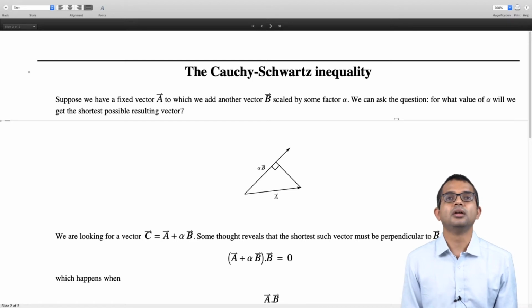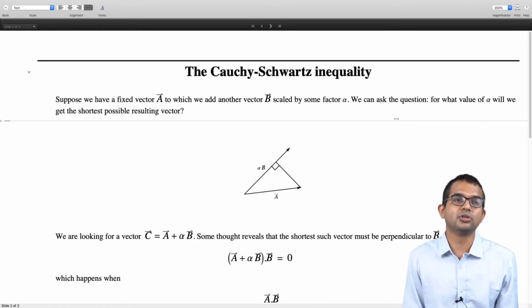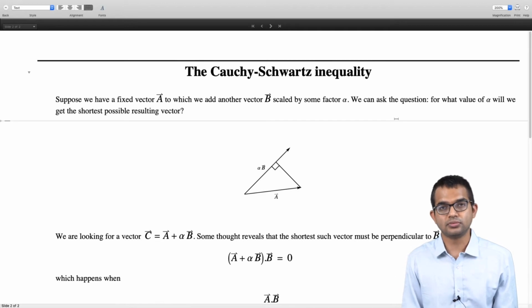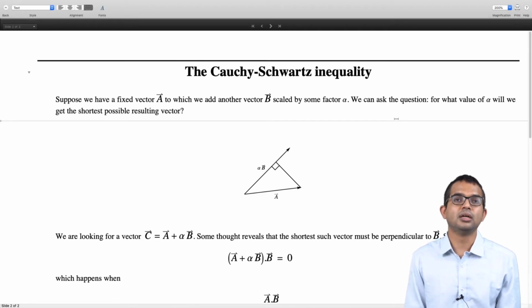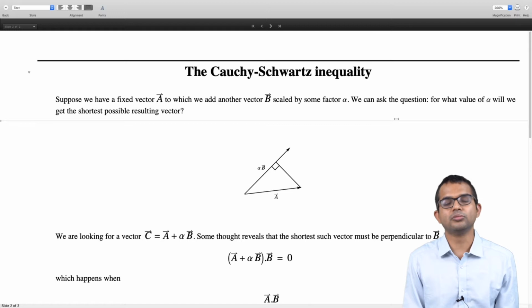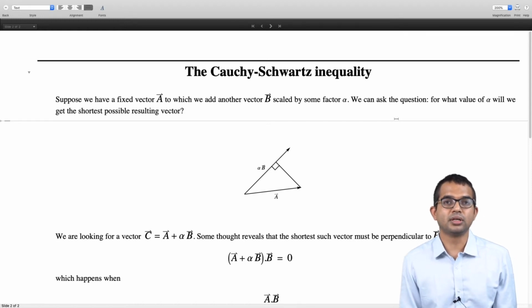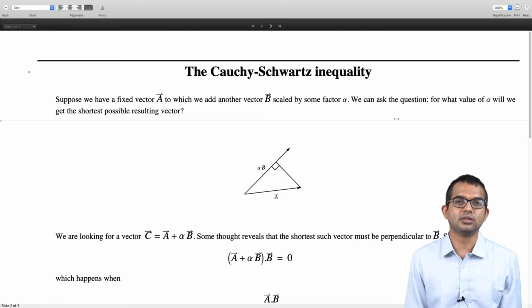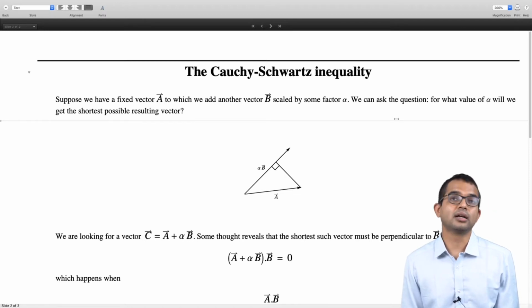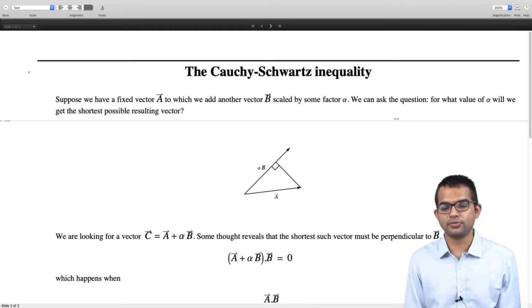So in general, we assume that they are not null vectors because those conditions will give you some extreme limits of the problem. So for the moment, let's assume that these are non-null vectors, and you can also consider cases where the two of them are pointing along the same direction and so on, but those are particular cases that you will extract later on. So for the moment, let's think of a typical case, like I have given in this diagram here.